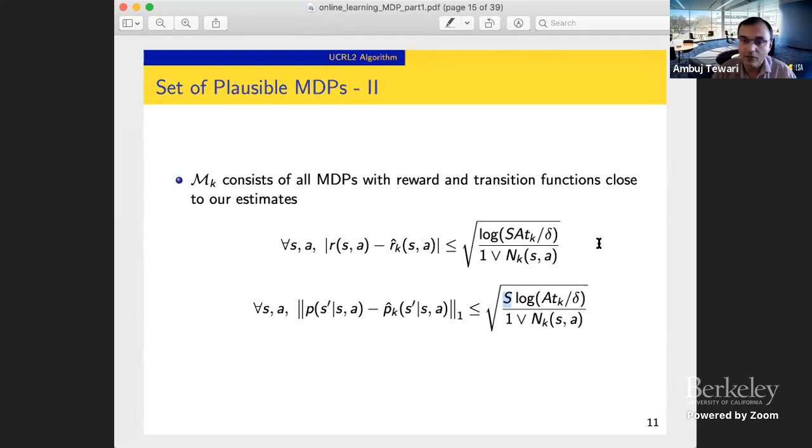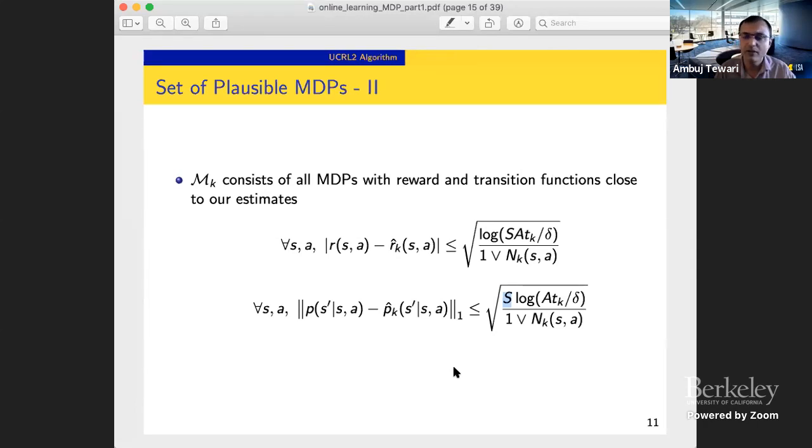the second inequality. And this is because we are using a very strong notion of locality around the point estimate for the transition function. I'm using the L1 norm, which is so P of, this may be badly written. I shouldn't have written S prime here. I should have written a dot here. So I'm thinking of the transition function as a function of SA, which is going to be a vector. And that vector has length S. And so I take the L1 norm between them, and that's why there's a square root S, because I have a very strong norm. I want this norm to be small, so I have to pay that square root S